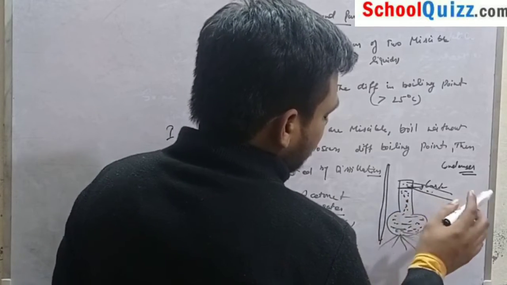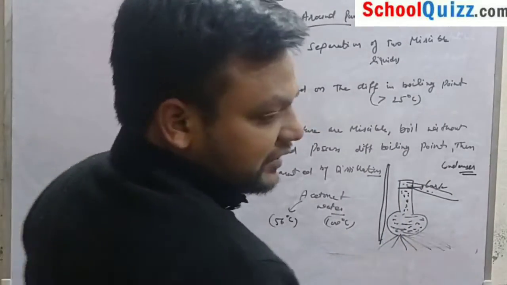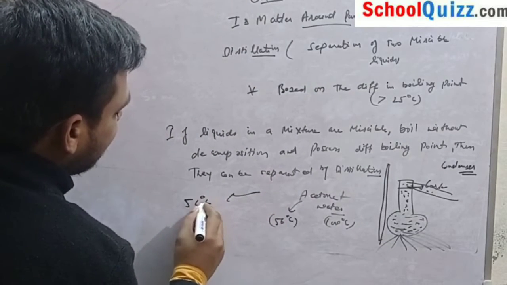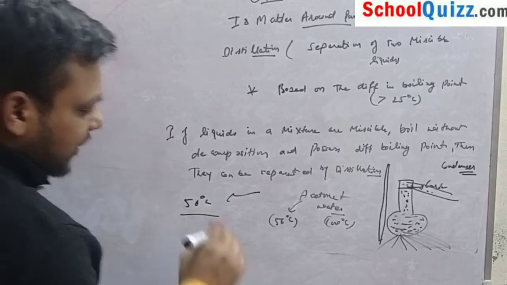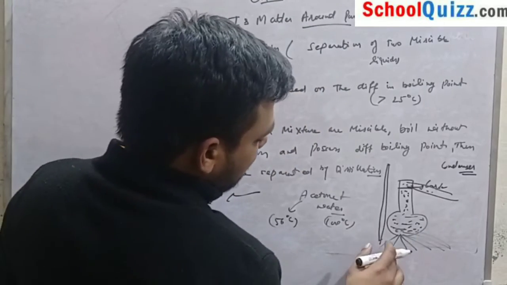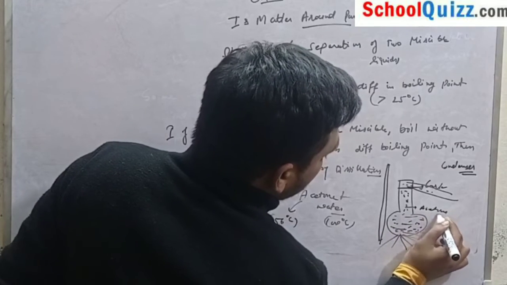They will pass out from there. Suppose we supply heat, first of all, which temperature comes? First of all, the temperature comes out to be 56 degree Celsius. And just when 56 degree Celsius temperature comes, acetone